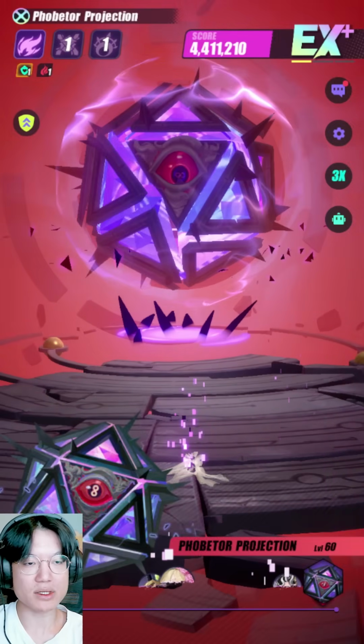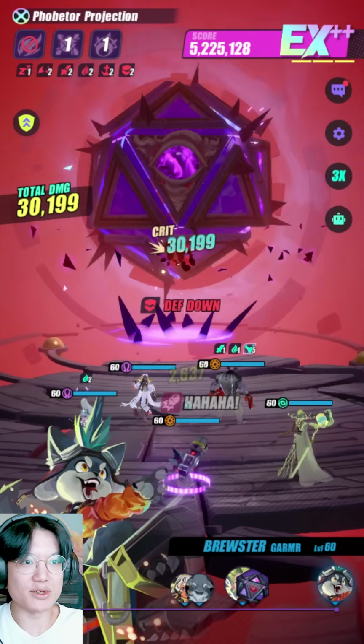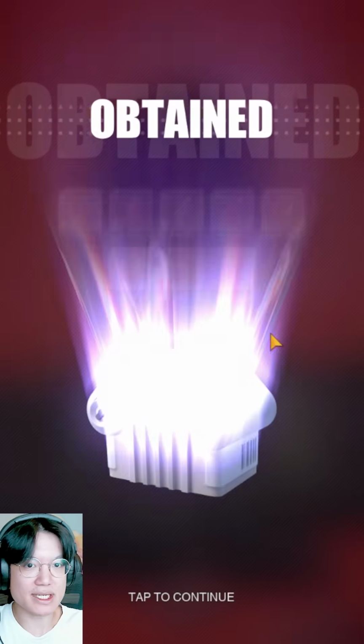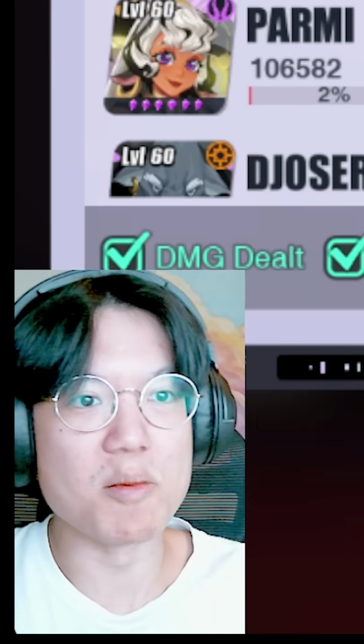Okay, so I'm just gonna go ahead and cut to the chase and see our stats after this run. Okay, you know what? I'm actually just gonna end the fight here so that I don't have to wait too long. So we are still gonna get EX++, it's still gonna work. Alright, so let's take a look at the damage comparison between our main espers here. Oh my god, there is no